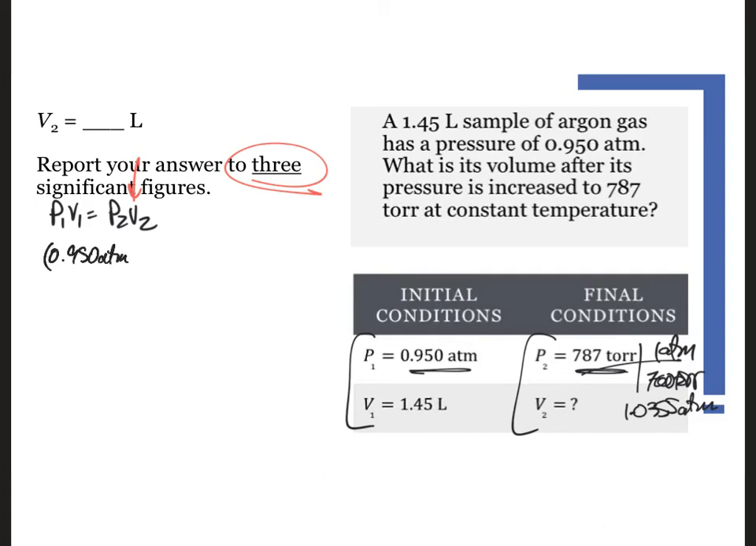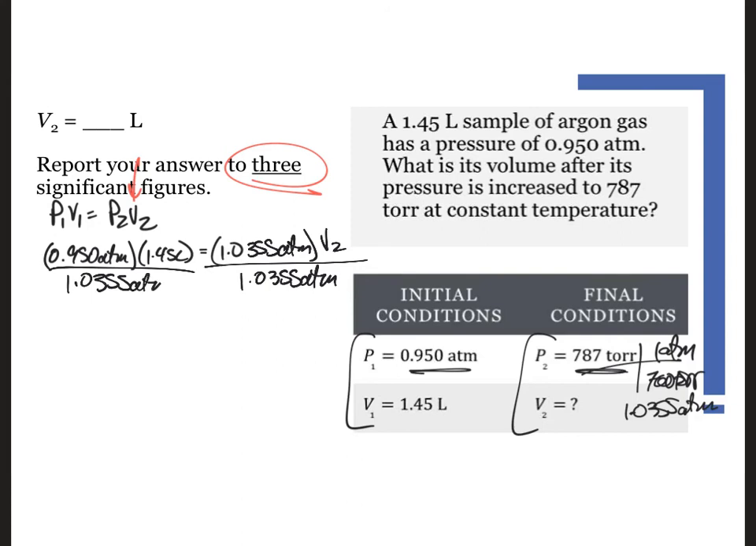All right, so plugging in everything we have, P1 is 0.950 ATM. V1 is 1.45 liters. P2 is 1.0355 ATM. And then we're solving for V2. So we're going to divide both sides by 1.0355 ATM. We see ATM cancels out, and we wind up with V2 equals